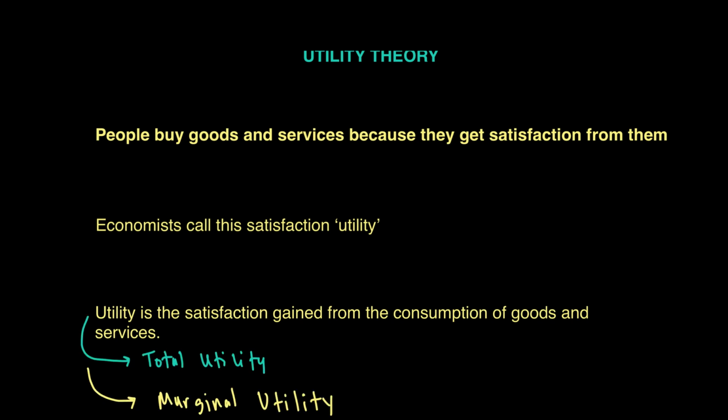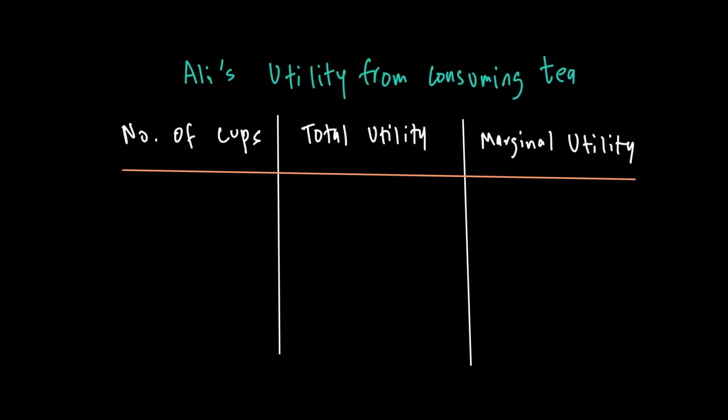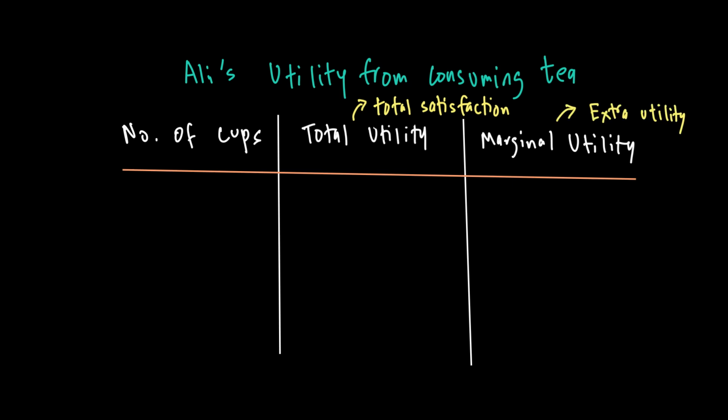Total utility is simply what we call sometimes the total satisfaction that we get from any good or service. In other words, it is the total amount of satisfaction from a given amount of good, while marginal utility is simply the extra utility that we get from the consumption of a particular unit. So for example, I love to drink a lot of tea, and let's say I drink 6 cups of tea